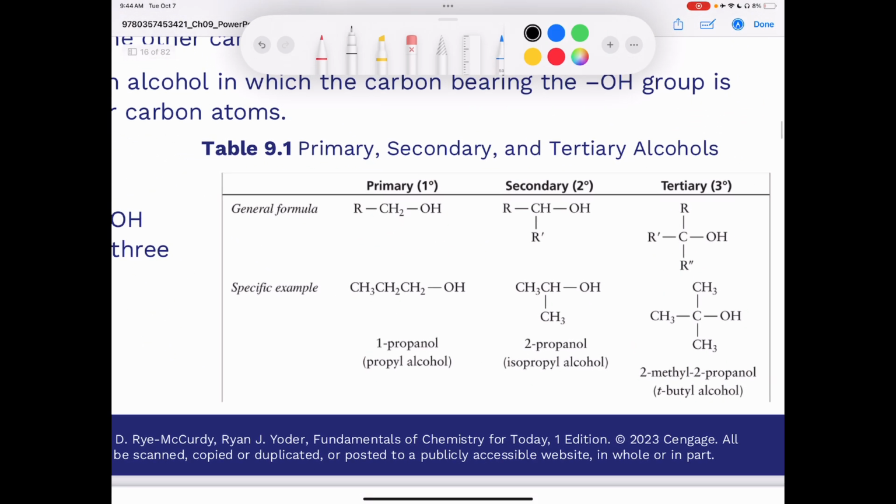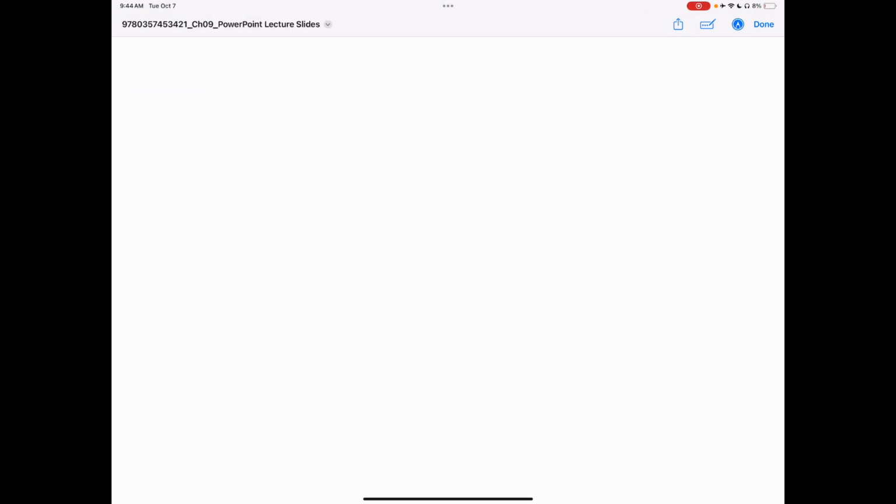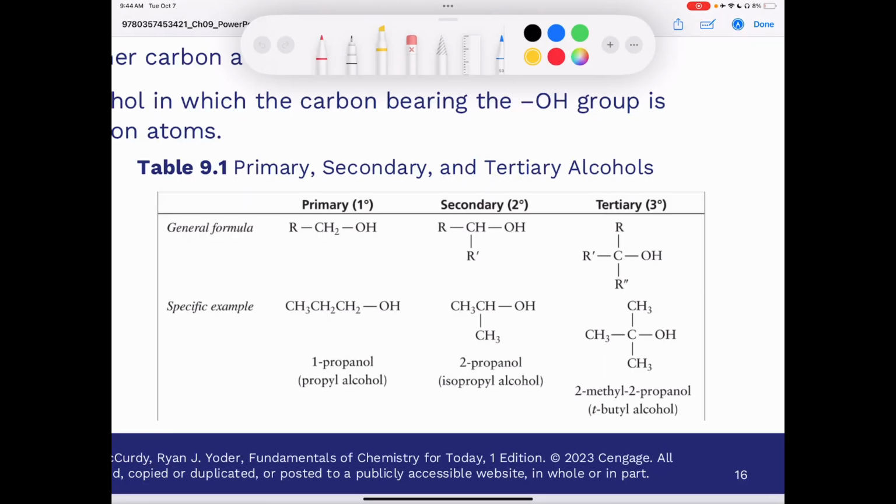If I zoom in here, if your carbonyl carbon, and I'll highlight it for a primary, is attached to only one carbon group, that makes it primary. So you can see this carbonyl carbon is the one attached to the hydroxy. It's attached to only one carbon. That makes a primary alcohol. If your carbonyl carbon, you can see this carbon that I have highlighted in green is attached to the hydroxy, if it's attached to 2 carbons like this one is here, then it's going to be secondary,